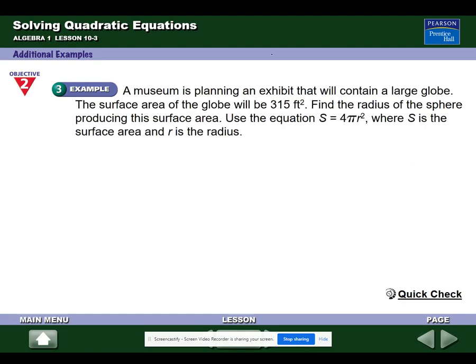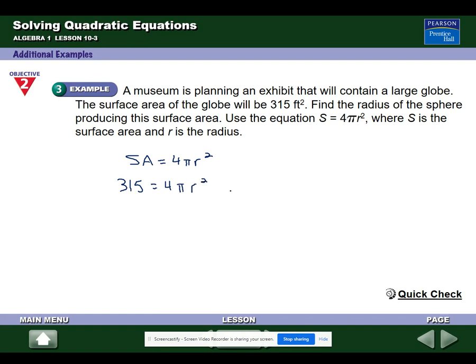A museum is planning an exhibit that will contain a large globe. The surface area of the globe will be 315 feet squared. Find the radius of the sphere producing this surface area. And then they gave us an equation that you ought to be familiar with. Geometry graduates, right? Surface area is equal to 4 pi r squared. They gave us the surface area. Now we are going to need our calculator for this one